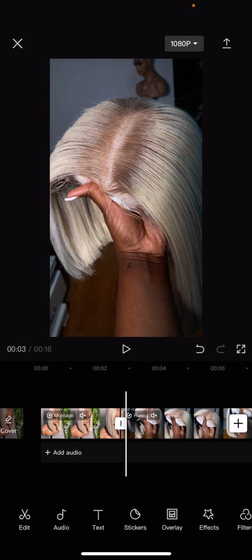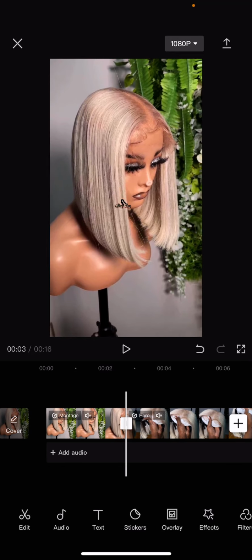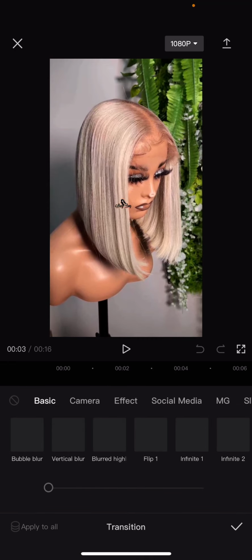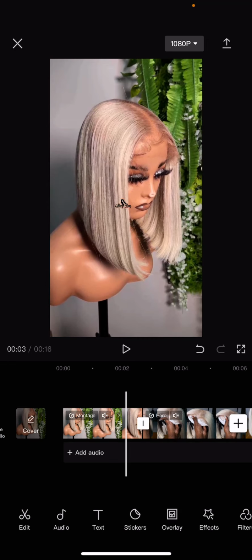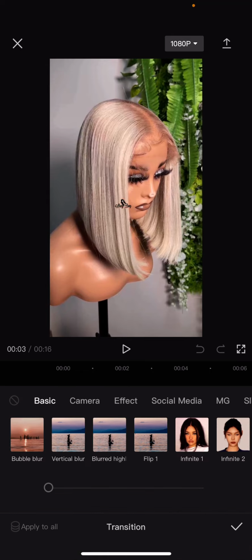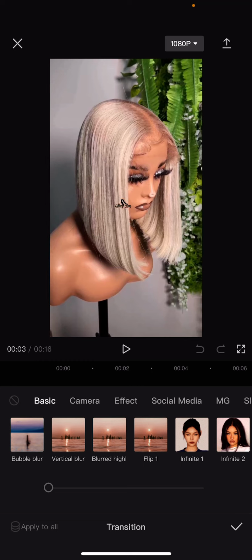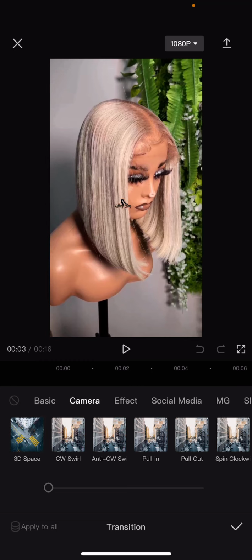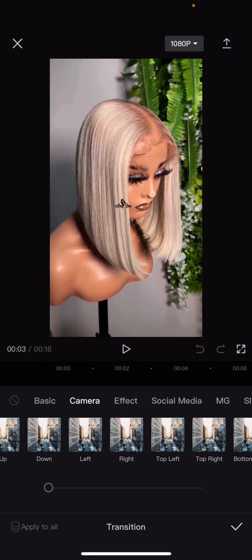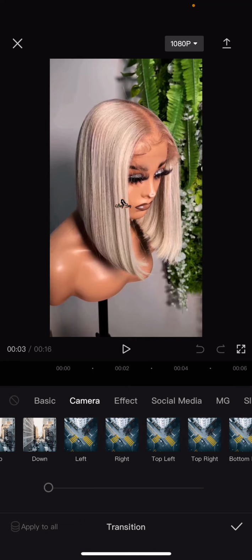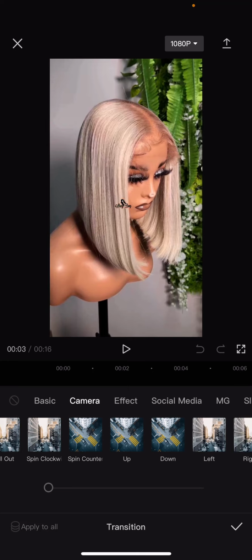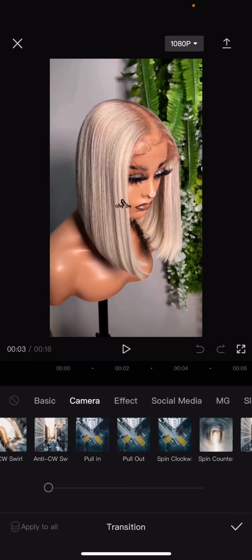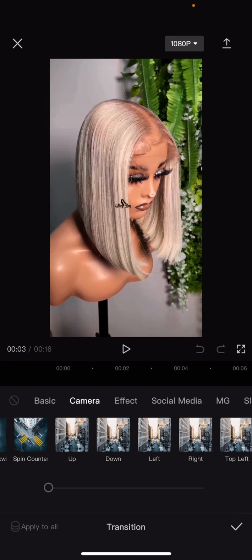All right, so between each video to the other, you can add a transition. So you press this place here. You press in between. There's a white square in between each video. You press it and then you add your transition. So usually I will do maybe camera. This is how camera is, and then I will swipe left. I like to use maybe